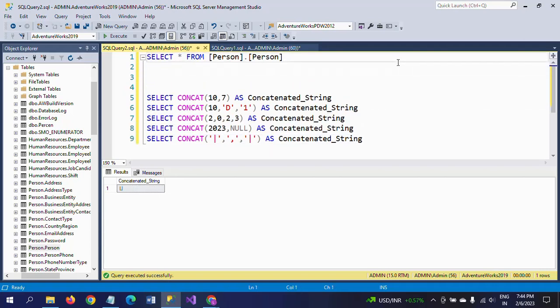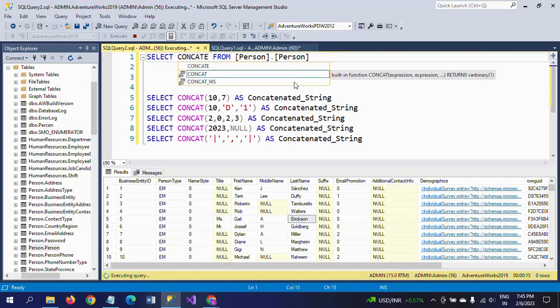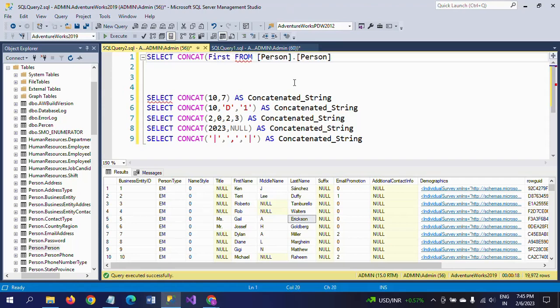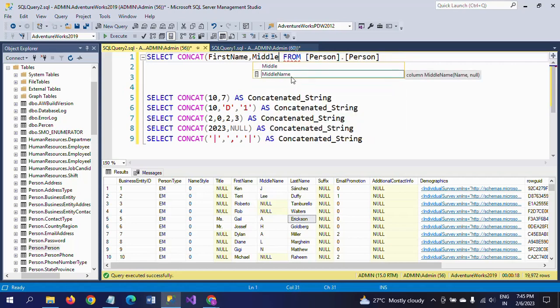Now I am taking a table here. Here I have first name, middle name, last name. Now I want to concatenate first name, middle name, last name to get the full name. So how can I do it? First I am taking the concat function and mention the first name, comma, middle name, comma, last name